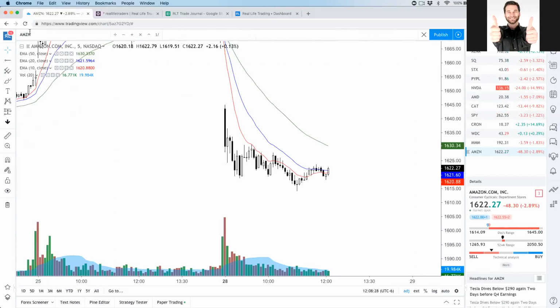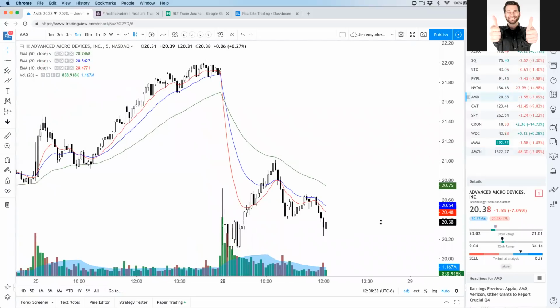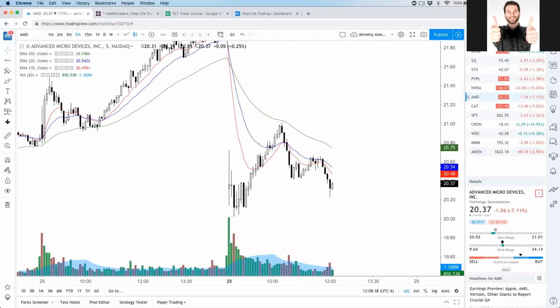Ron says, AMD trade down to the open price. Would you look at a scalp intraday long after a pullback? So what's interesting is this is pretty much the exact price we were looking at earlier today to get in bullish. It did eventually trade back down to that particular price. So if you're looking at getting in long for a scalp, I mean,